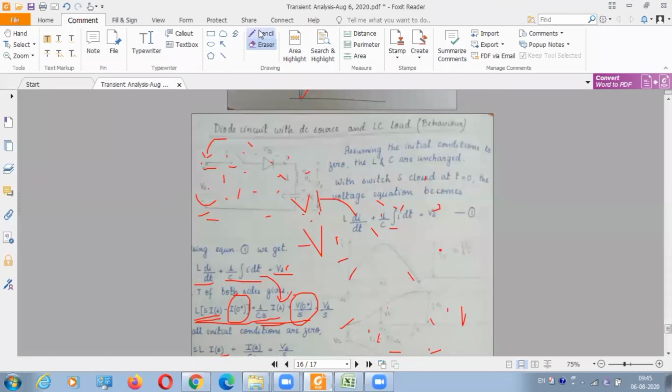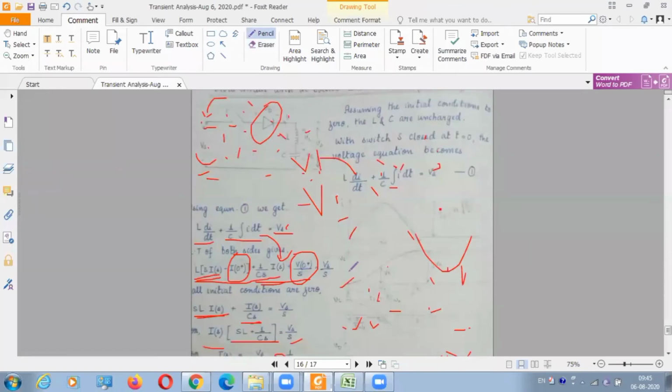Since we have connected a diode over here, my current being sinusoidal in nature, this is a negative current over here. Can you tell me whether diode will allow current flow through this circuit or not in the second half cycle? Can anyone tell me? No. Correct. So my circuit, after this first cycle, has reached steady state already.